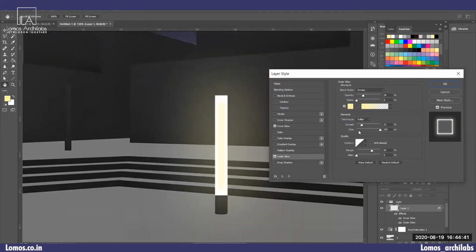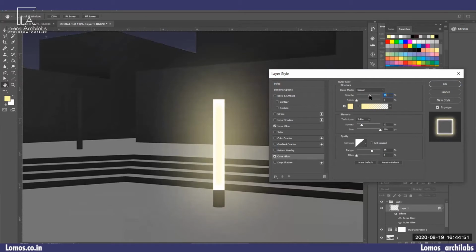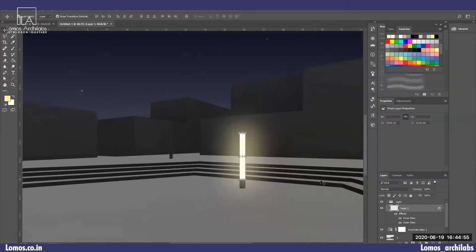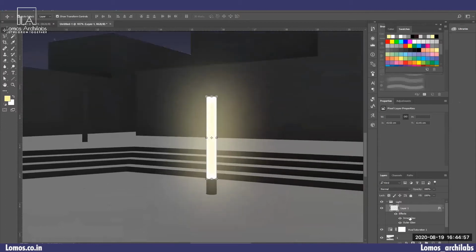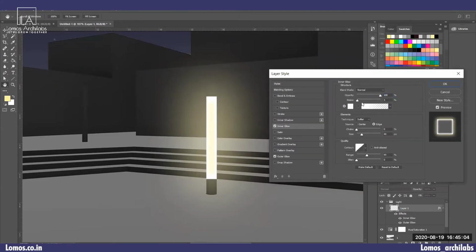Something like this. Let's keep the opacity to 50 and OK. Now maybe the inner glow, the opacity can be reduced a little bit.